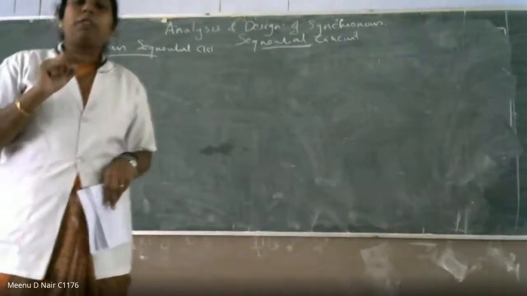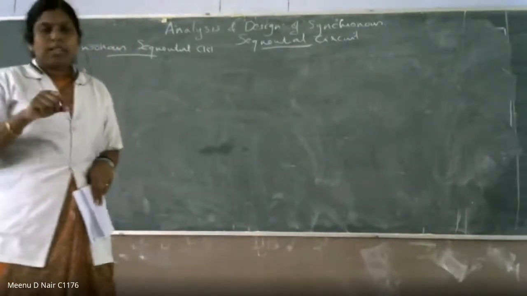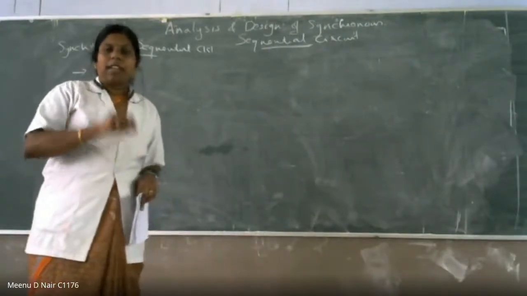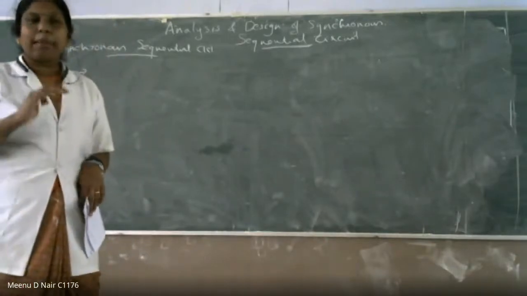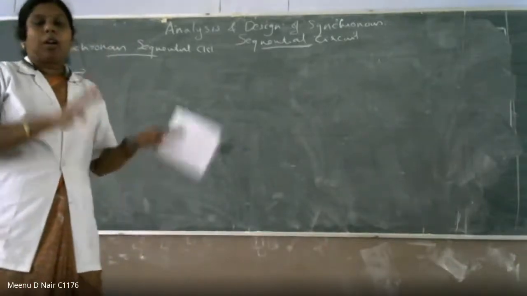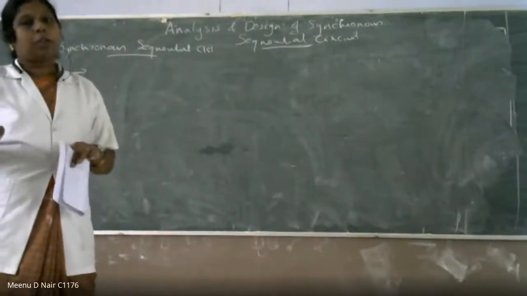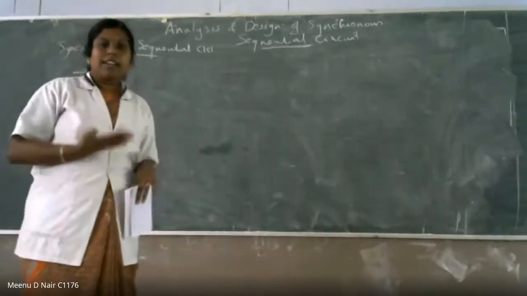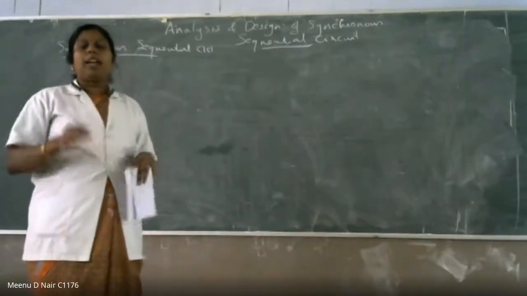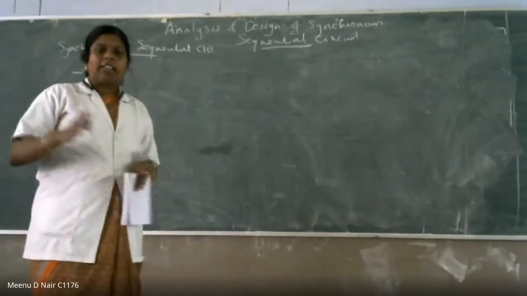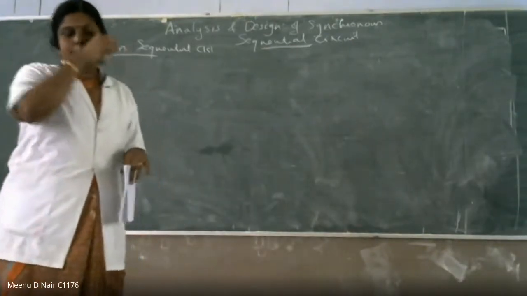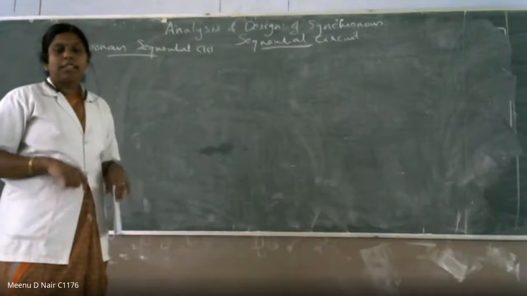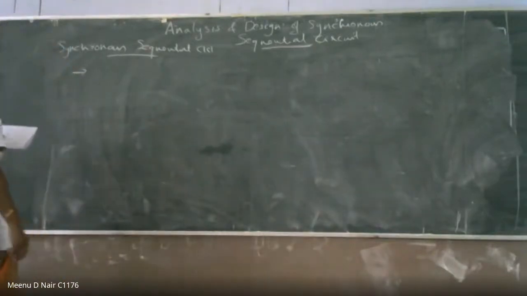But what about the case of asynchronous circuits? Only the first flip-flop will get the clock pulses, and the output of the first flip-flop will act as the clock of the second flip-flop. So whenever it has an input, at all those times it will get the output. Okay, it is not depending on the prescribed clock signal. But in the case of a synchronous circuit, it is always giving output at particular intervals, based on the clocked pulses, right? But in the case of an asynchronous sequential circuit, you will get the output whenever it has an input. That is the difference between synchronous circuit and asynchronous circuit.